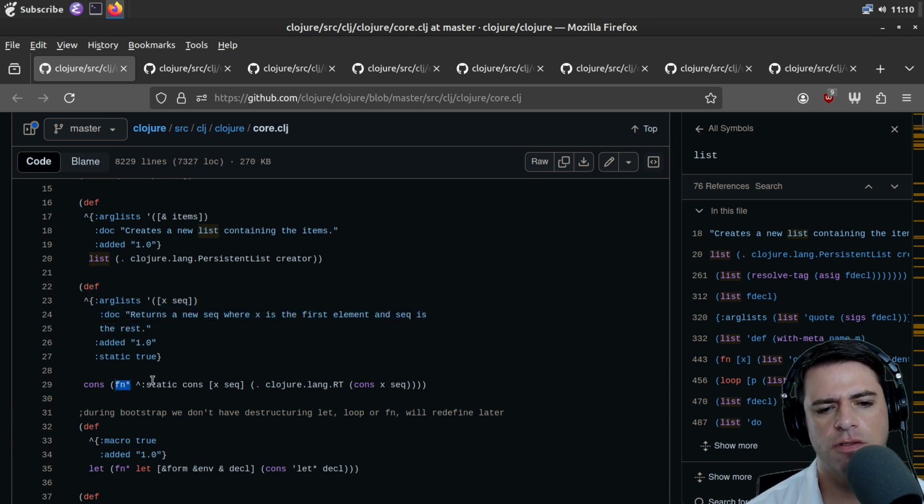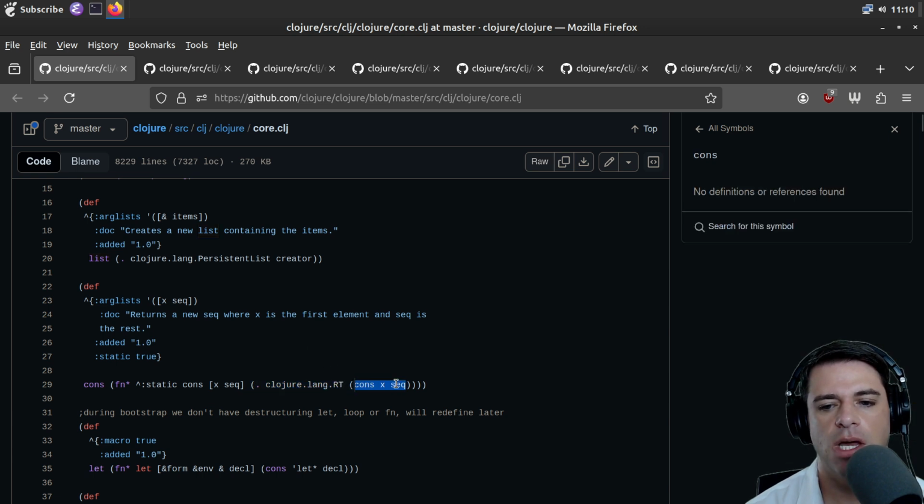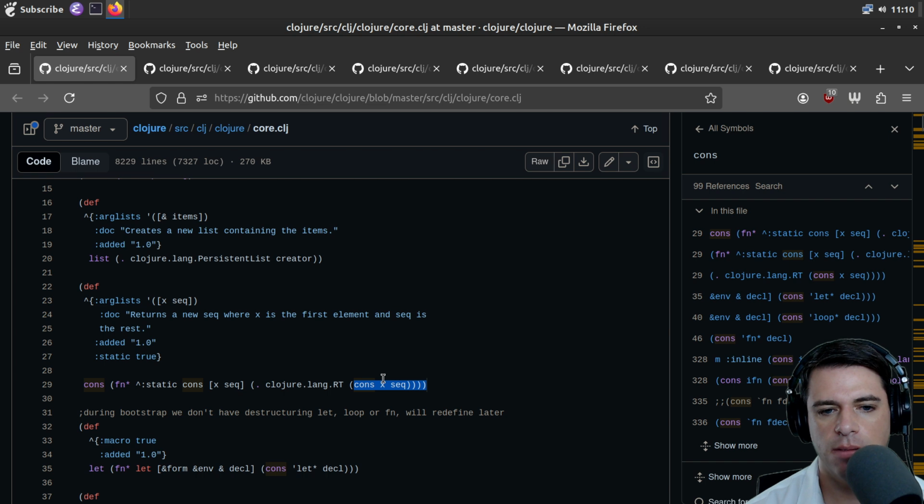We've got this fn star thing. I don't know what that notation means, and I don't know what this pointy nose smiley face is, but we see static cons brackets x seq, and then clojure lang RT. I guess this is some call to the runtime. We're going to call cons x seq. X seq is the arguments list. So I guess a list of arguments.